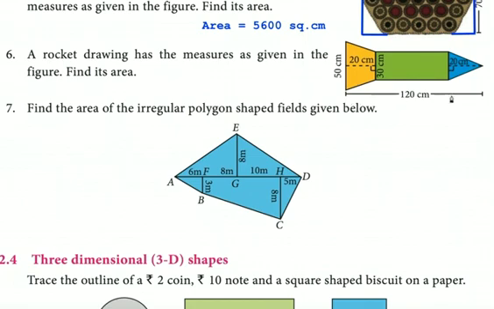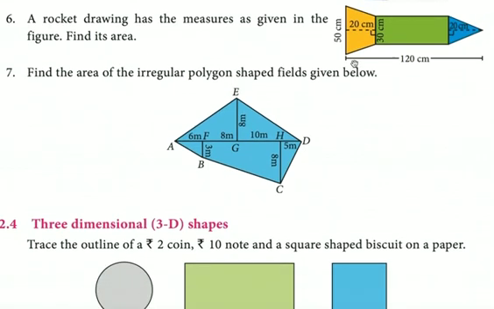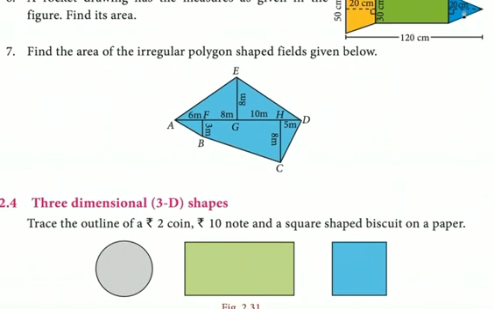But why did he mention 120? Because this length is not known. That is the reason why he mentioned 120. Remove 20, 20, 40 from here. This length is 80. So use the formulas directly, find the areas of each separately and add them up. 1, 2, 3: trapezium, rectangle and triangle.